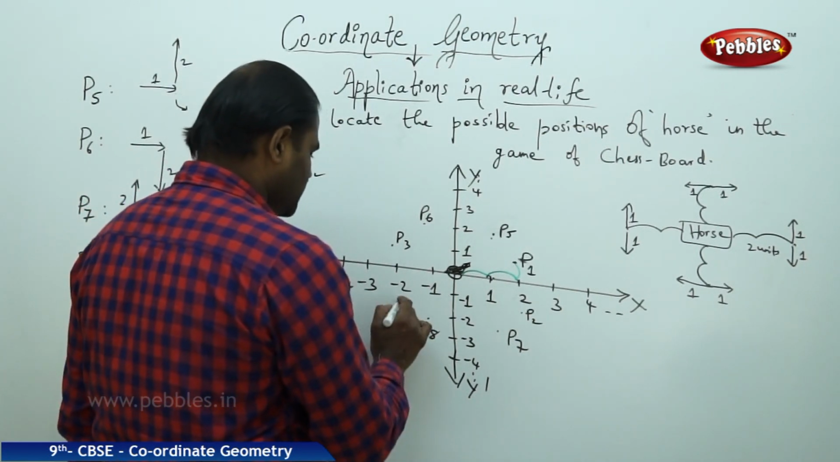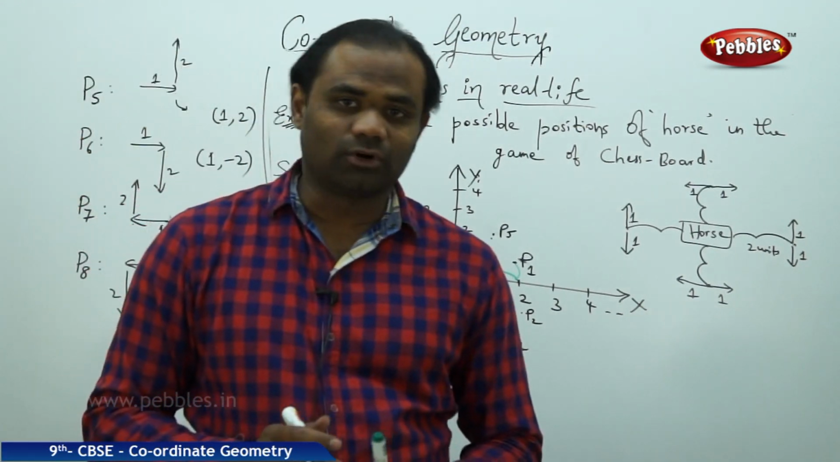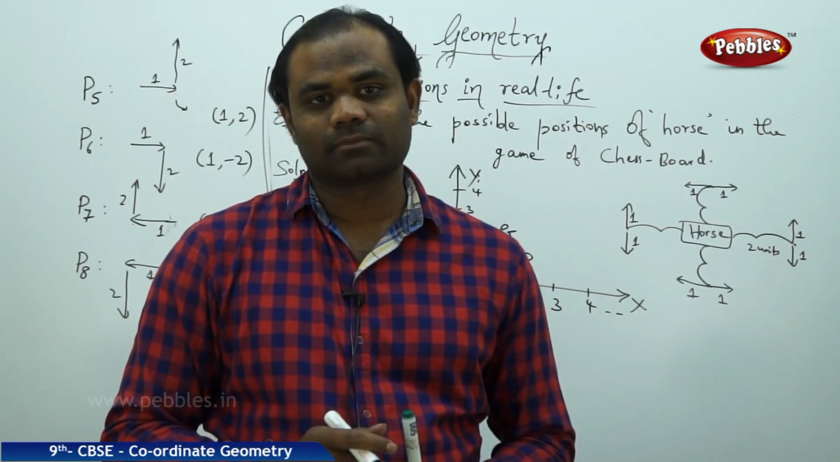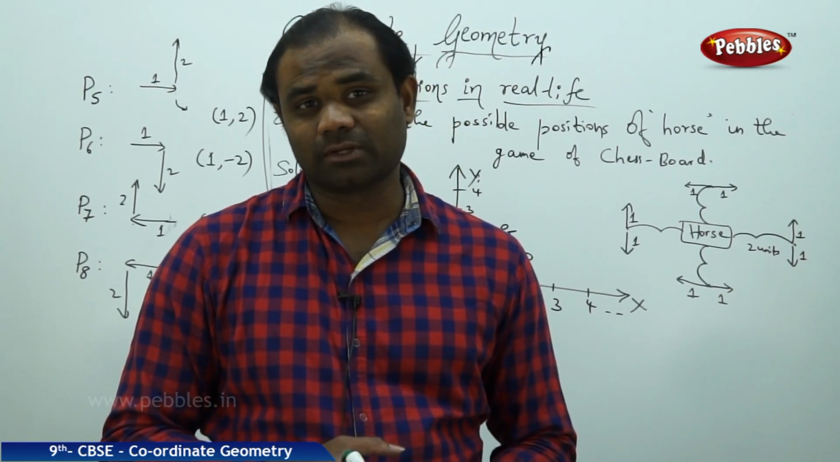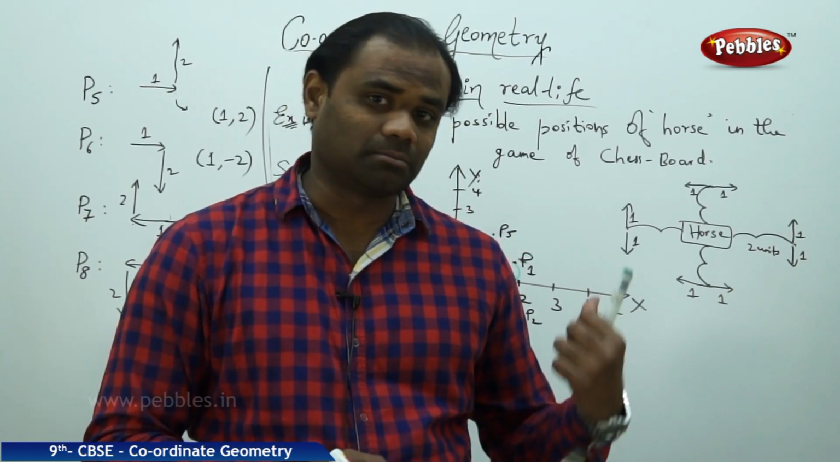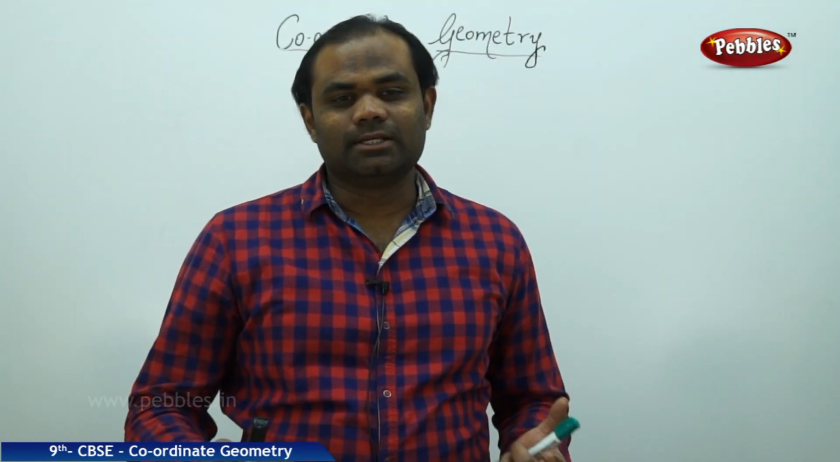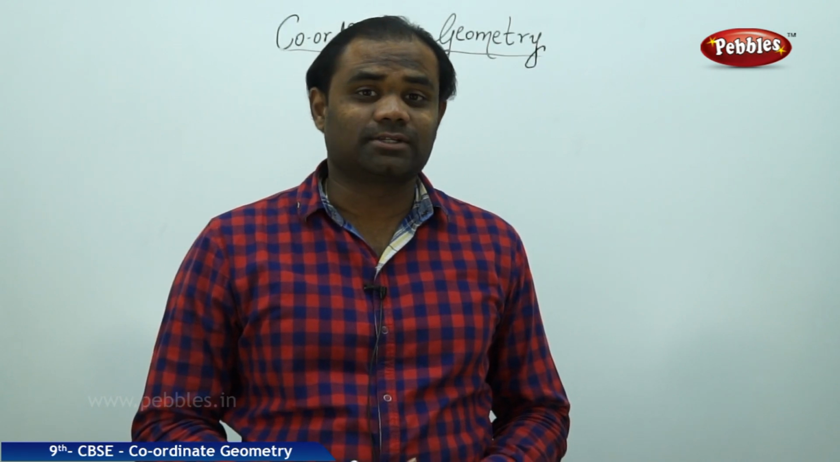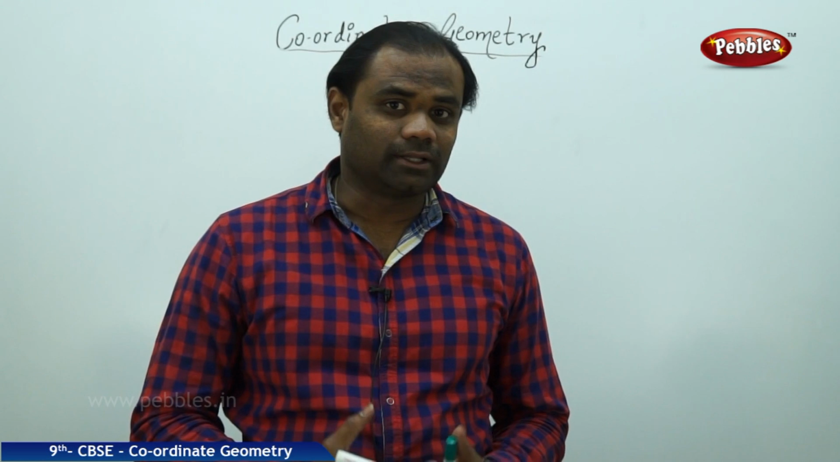This is how we understand the connection of the movement of the horse with the chessboard. There are 8 different positions made by the horse in the chessboard when we locate through the Cartesian plane in the XY coordinate system. Now let's see how we can plot the points on the coordinate system accurately using the graph